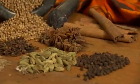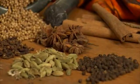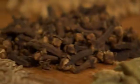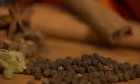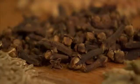In Hindi, garam masala literally means hot mixture, yet chilies do not feature as one of the key ingredients, and the garam masala blend should be intensely spicy rather than hot. A garam masala mix includes a range of spices. Black or white peppercorns feature commonly, as do cloves, which have a strong and bitter taste and should be used